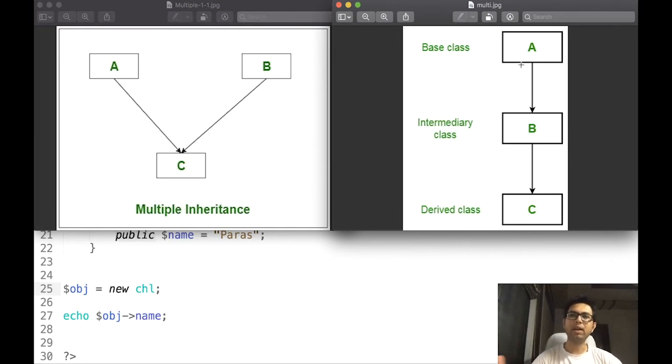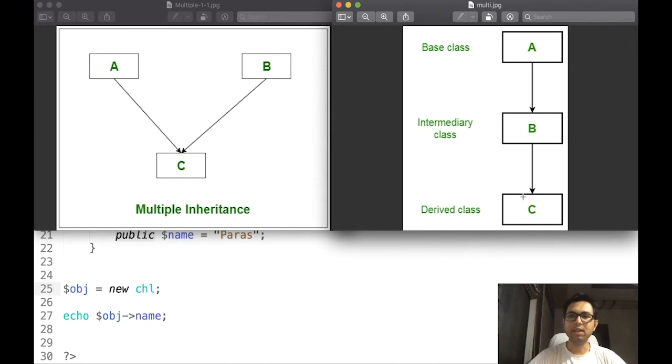Now multi-level inheritance. Basically, we are creating levels of inheritance. A is a base class which is inherited by class B, so it is an intermediary class, and class C again inherits class B. So class C is the derived class, B is the intermediary class, and A is the base class.